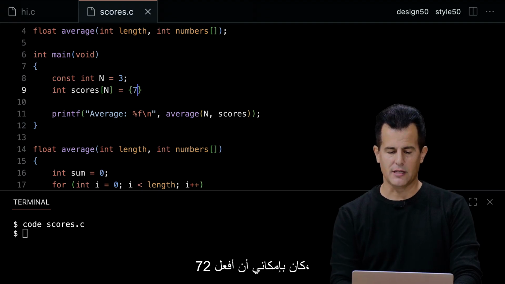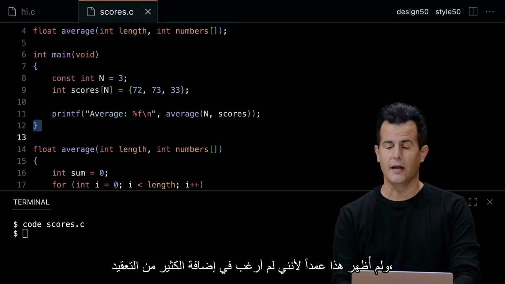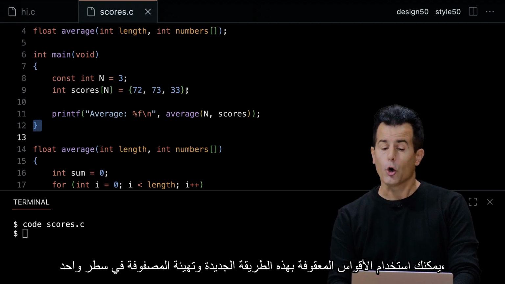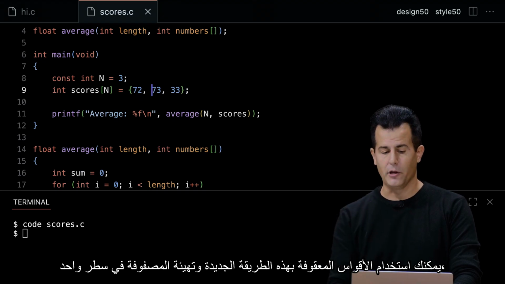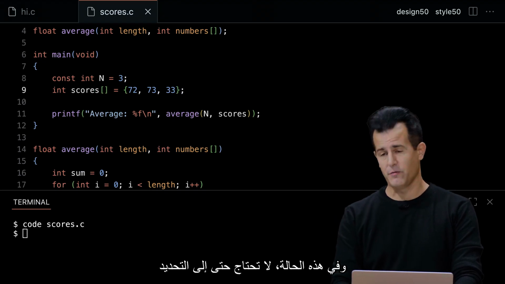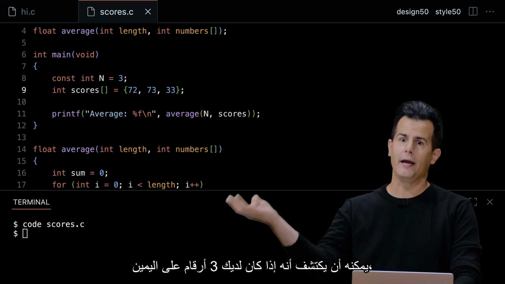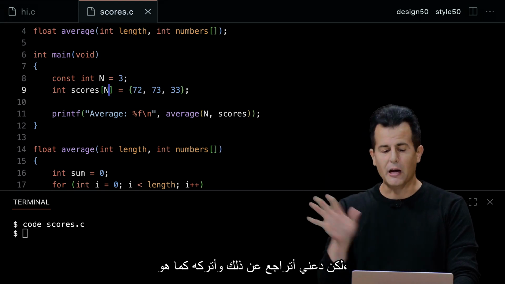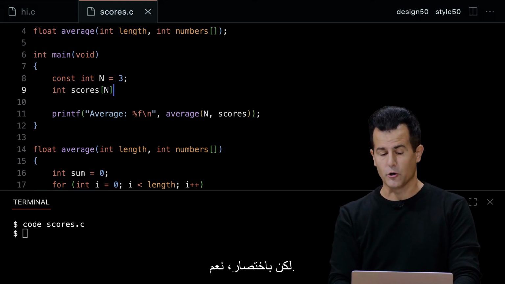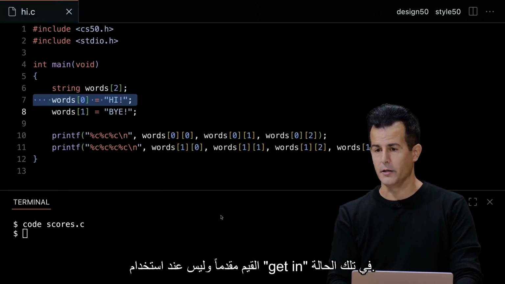I could have done 72, 73, 33. And I deliberately didn't show this because I didn't want to add too much complexity. But you can use curly braces in this new way and initialize the array in one line. And in that case, you don't even need to specify the size because the compiler is not an idiot. It can figure out that if you've got 3 numbers on the right, it knows that it only needs 3 elements on the left to put them into. But let me undo that and leave it just as I did. But short answer, yes, you can statically initialize an array if you know all of the values up front and not when using